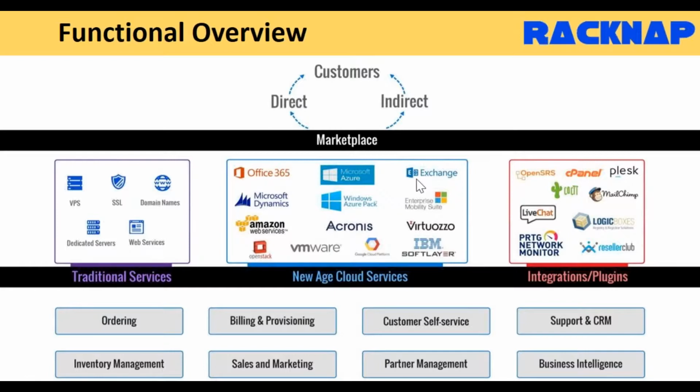And what is interesting, if you see here, you're also seeing other multi-cloud providers, other cloud providers also in here, right? So for example, you can see Amazon Web Services, IBM SoftLayer. If you have some data center assets, you can use that to offer, for example, OpenStack, etc. So you're not constrained by just this list here, because RackNap is a true multi-cloud enablement platform, helping to offer multi-cloud services to end customers, right? So as a CSP, you can use the platform to offer these services to end customers.